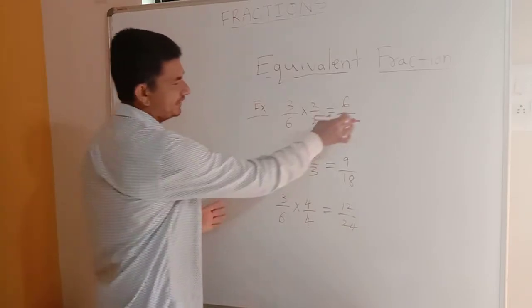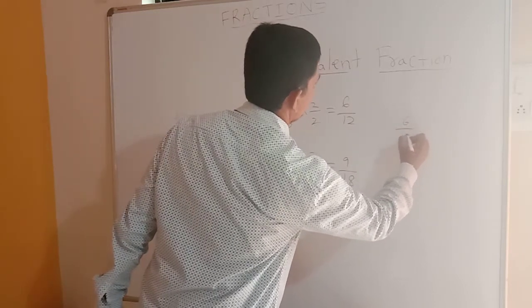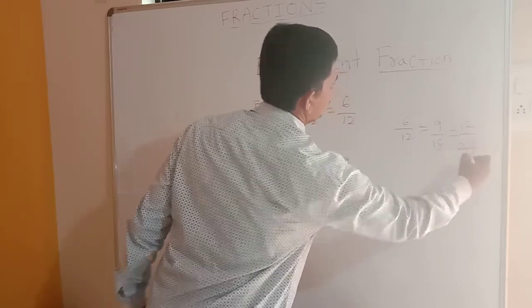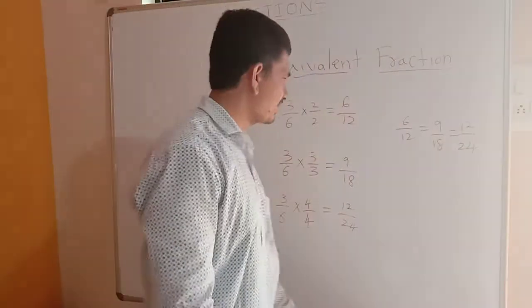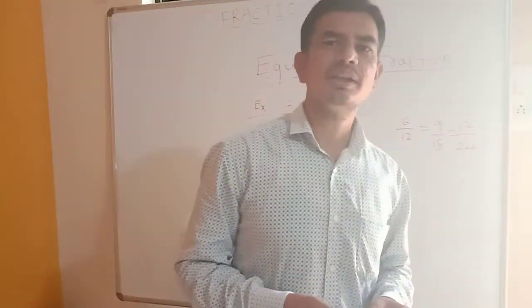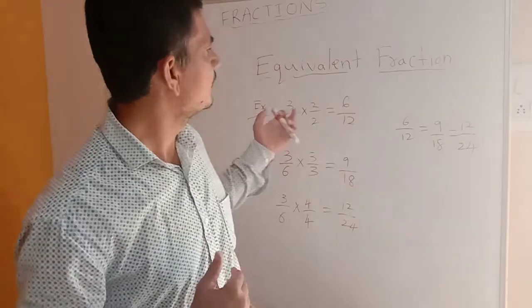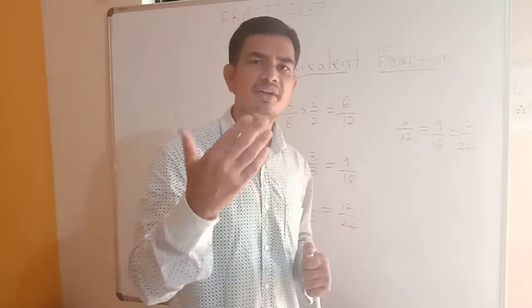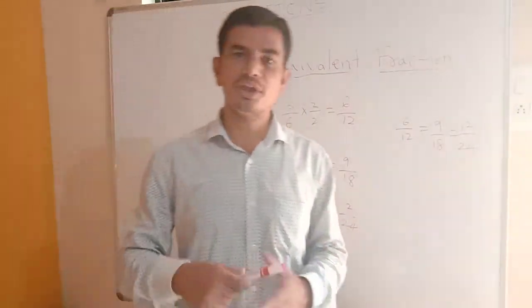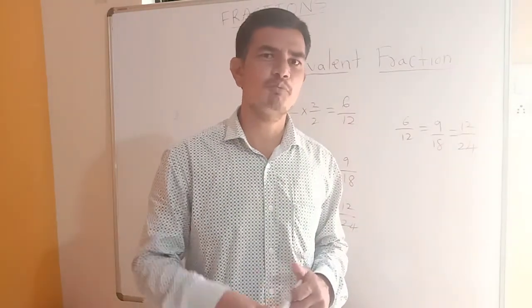So now we can see that these numbers are said to be equivalent fractions. Here 6 by 12 is equal to 9 by 18 is equal to 12 by 24. Like this we can write, because these are called equivalent fractions. This is about the equivalent fraction. Now one more concept in fractions is reciprocal. I will tell you what reciprocal is and how to write it. These are the basic concepts. If you understand all these, then only you can go for addition, subtraction, multiplication, division and board maths also.